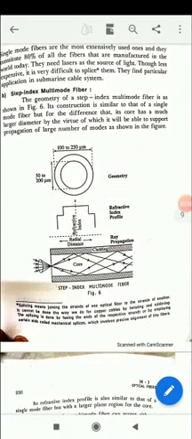The multimode step index optical fiber is made up of a thick core of about 50 to 200 micrometer in diameter, and a thin cladding of 100 to 250 micrometer diameter. Both core and cladding have different refractive indices. Because of the larger diameter, it is able to support the propagation of a large number of modes.